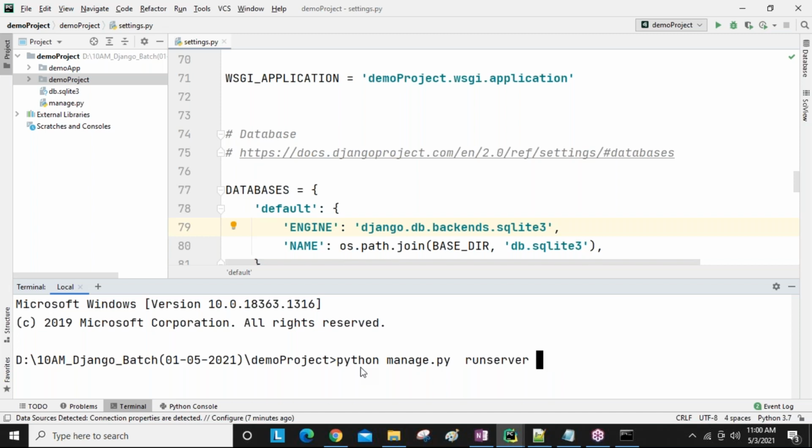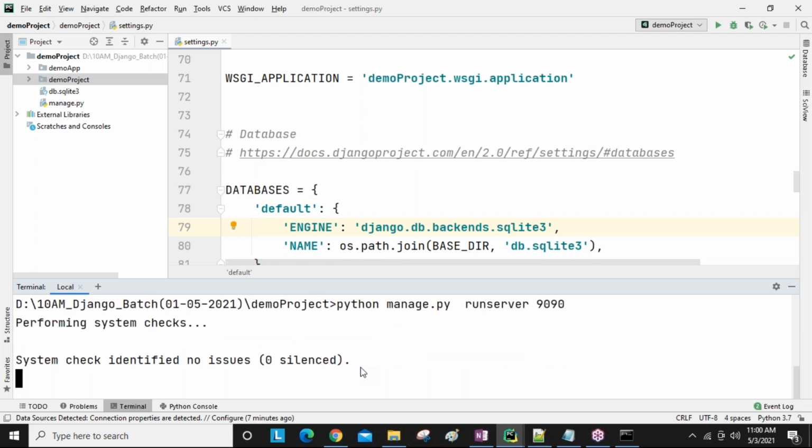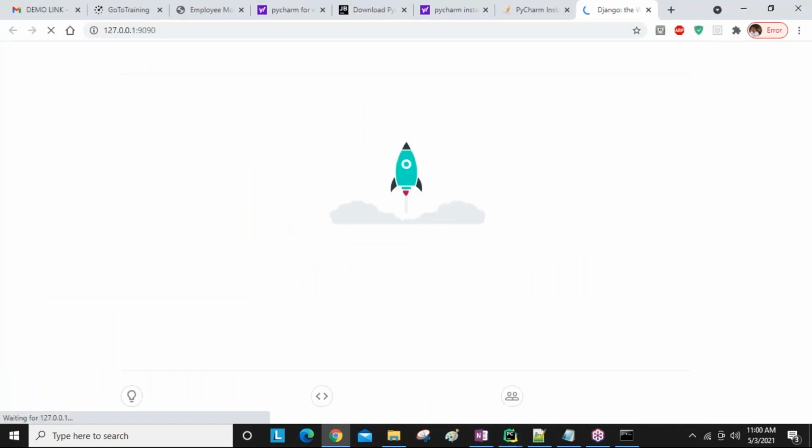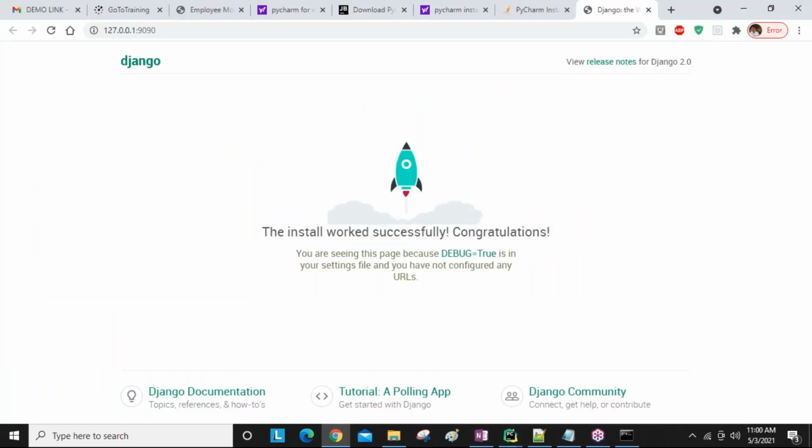If you want to use any other port number, then we can use a number like this, guys, some port number. We have some range of numbers, only within that range can we give. I will tell later. So now we run the server, guys. Just click here, then automatically your system's default browser is going to be opened with this URL with 9090.